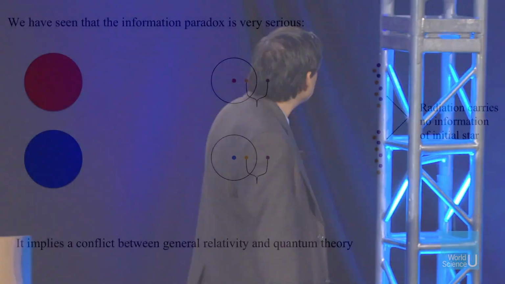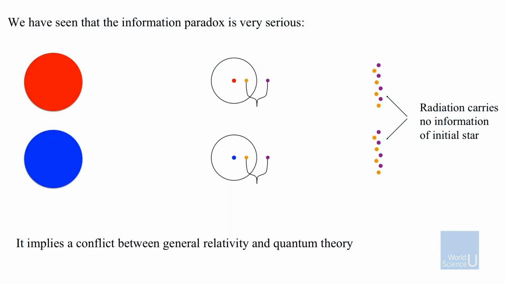So I'm basically done, and let me just take a couple of slides to summarize what I have just told you, and let's see if we can wrap it all up together. So first, we have seen the information paradox is very serious, and this was the paradox. You take a red star, collapse it; take a blue star, you can collapse it to a dot. In both cases, there's just the vacuum over here, and that radiates stuff, but it radiates the same in both cases, because it doesn't know if you have a red dot or a blue dot, and so it has no information, and then you have violated quantum mechanics. This was the puzzle, and now we have seen everything about the puzzle.